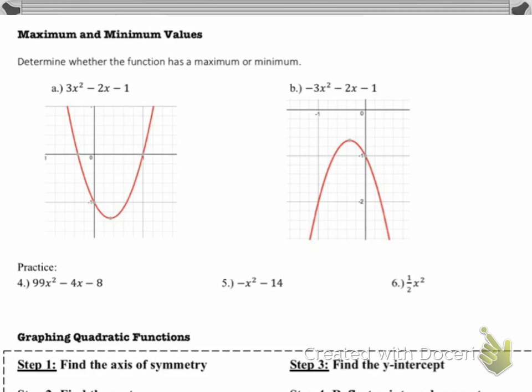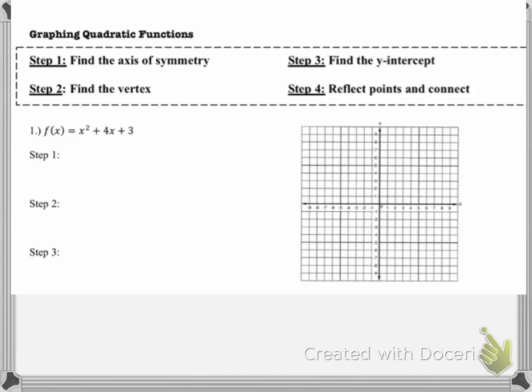All right, so in our last video, we talked about identifying our line of symmetry, so our axis of symmetry. Just as a quick recap, we did that by finding the opposite of b all over 2a, and then from there, we would find a vertex. We would plug in this value of our line of symmetry to find our vertex,